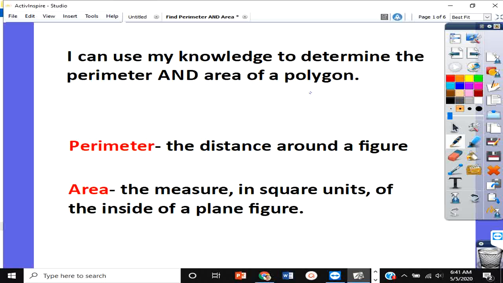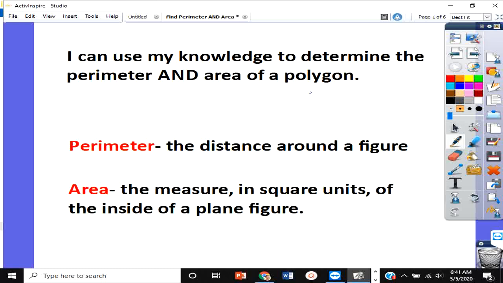Hi everyone. Today we are going to be talking about area and perimeter. Before we do so, let's go ahead and go over our goal for today. Our I can statement, or our goal for today, is to use our knowledge to determine the perimeter and area